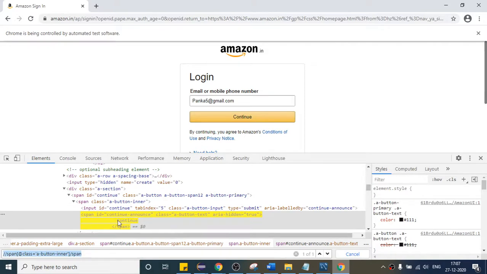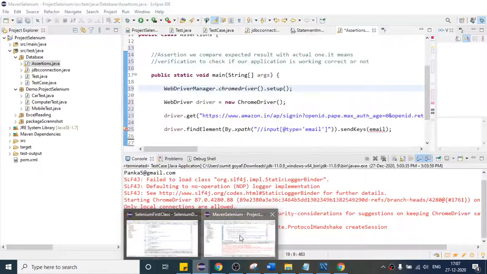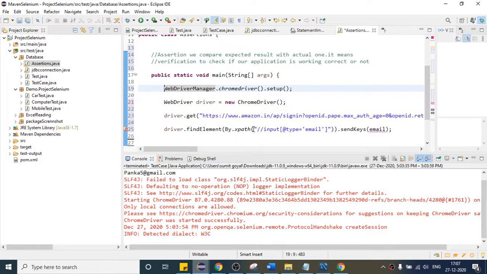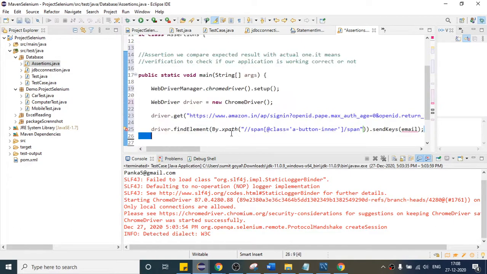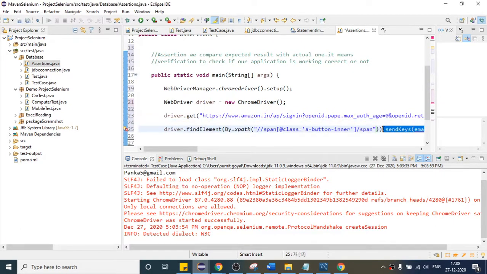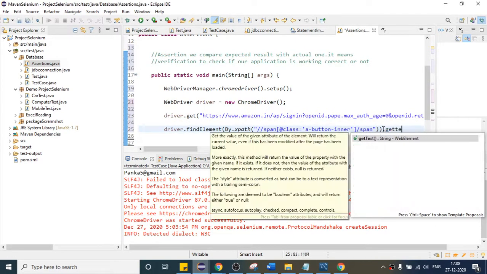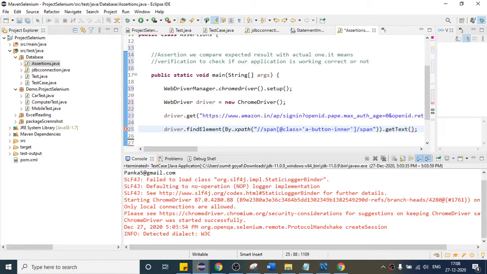Once I am here, I will copy my XPath and paste it here. Now I have to get the text, so I will use dot getText, and it will return one string value. So String text, and after that I will print.